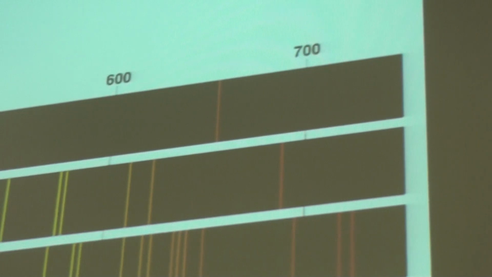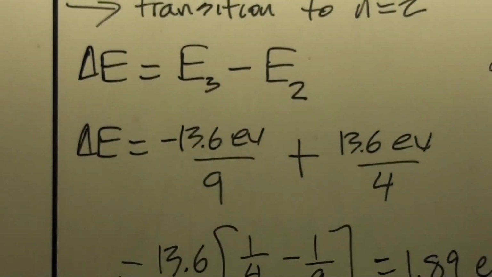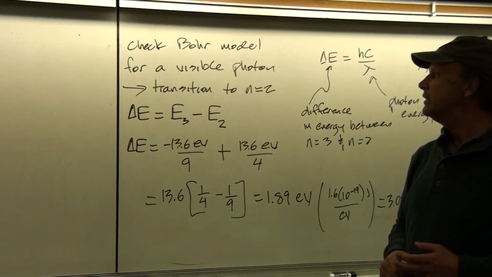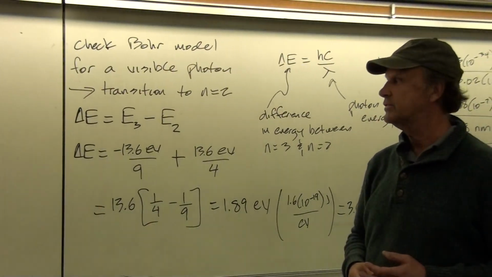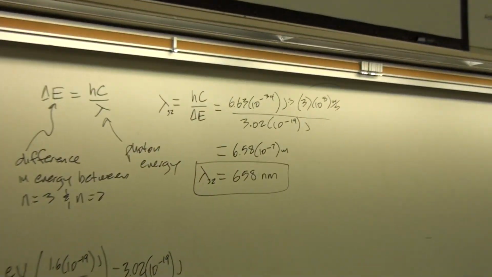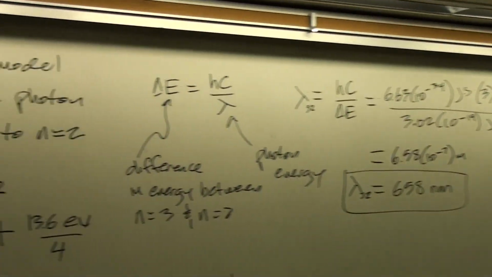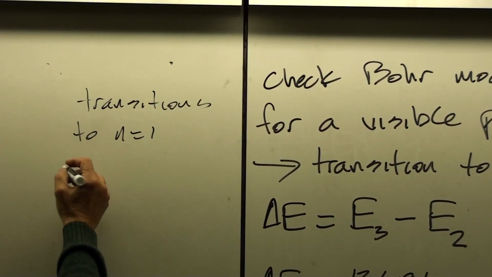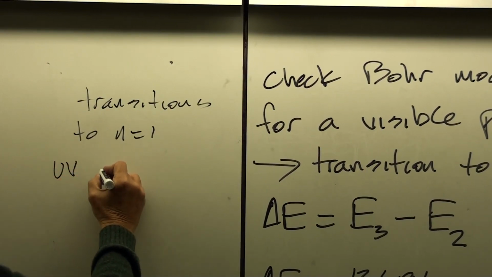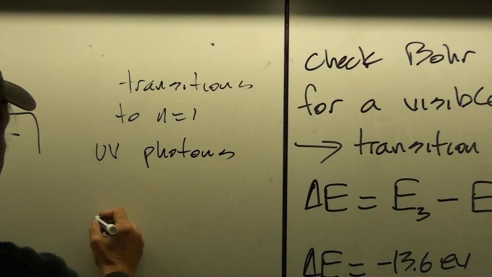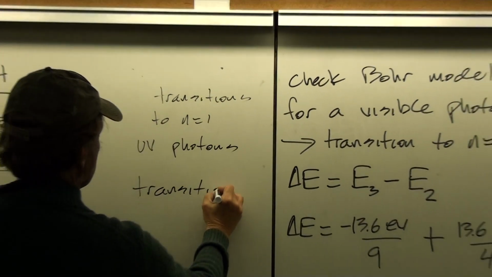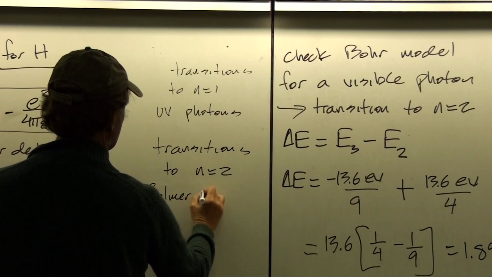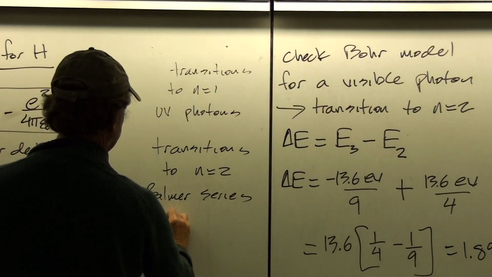And so if we go through and do that with the rest of these different energy levels, we find that transitions to n=2 will give rise to all of the visible photons that can be seen. Transitions to n equals 1, in other words, if the ground state is the final state, give rise to ultraviolet photons. Whereas transitions to n equals 2 give us the Balmer series,